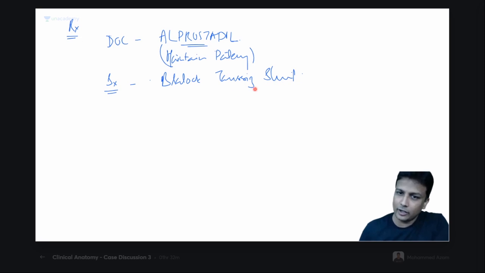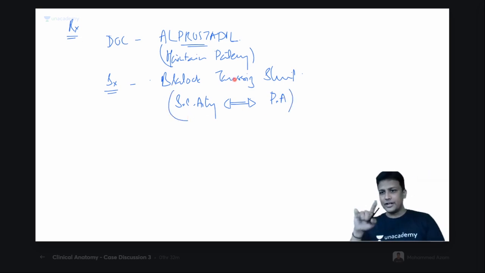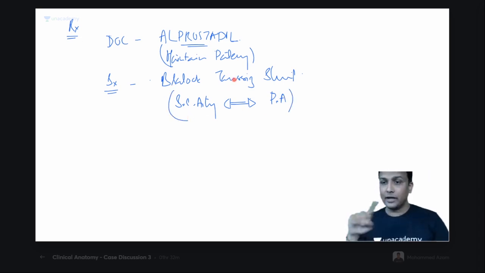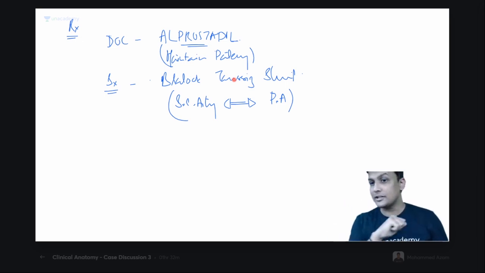So there'll be BT shunting, and that BT shunting will be between the subclavian artery and the pulmonary artery, with a graft, guys. So I hope you're understanding the connection there. From the arch of aorta, blood will be going into the subclavian artery, which is carrying the systemic blood, and that will be connected to the pulmonary artery so that the circulation is maintained via the lungs. I want the blood to be oxygenated so that the cyanosis will decrease.